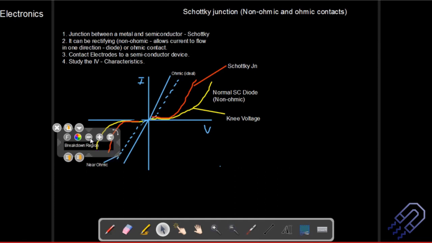Avalanche breakdown I'm not discussing now, because it will come a bit further. This is basically the breakdown region, and if you go further, you increase the biasing. You know that there will be a large number of minority charge carriers, so the chances are that avalanche breakdown will be somewhere here. If it happens here, the avalanche breakdown, this will be a different setup altogether.